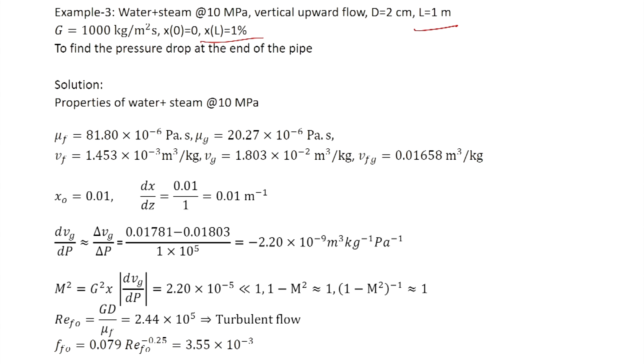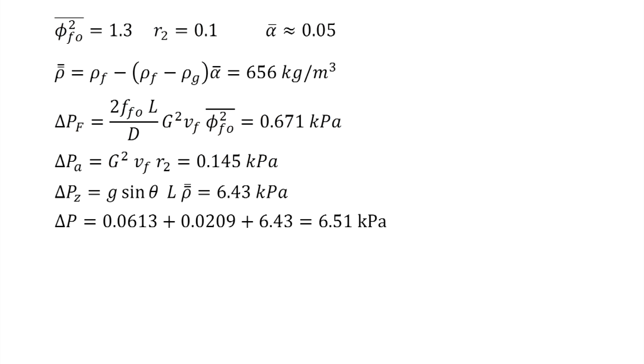Then dVg by dP is calculated, m square is calculated and it is very small. So, therefore, 1 minus m square can be taken as 1. ReFO is of the order of 10 raised to 5. So, it is turbulent flow, and then we use the Blasius correlation to calculate the friction factor FFO, and then we use the Martinelli and Nelson graphs,